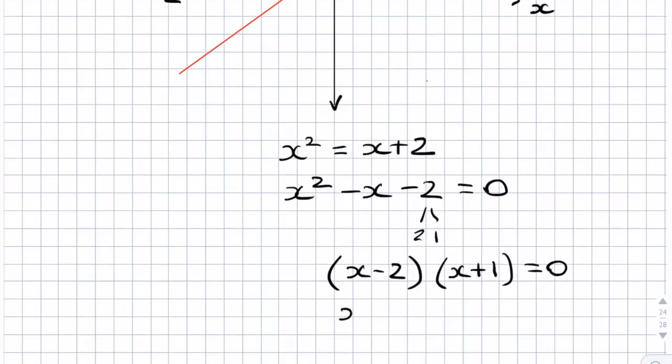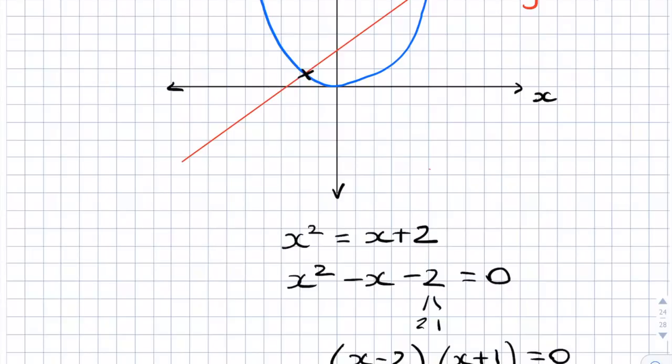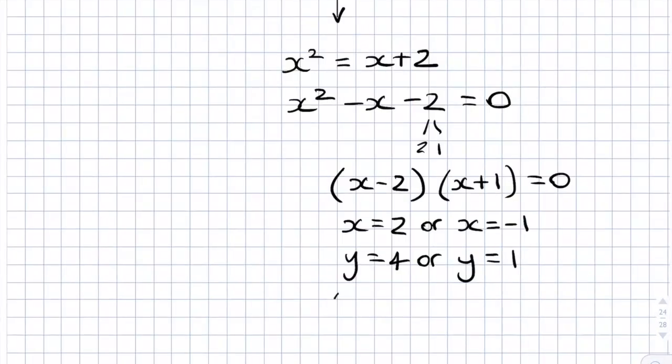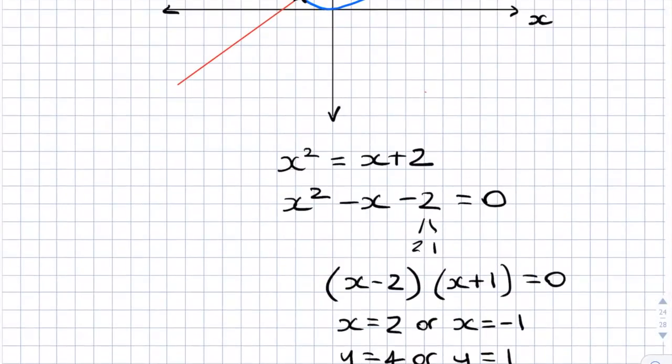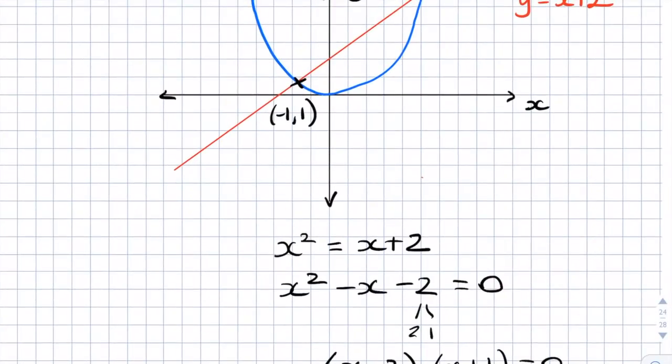So we're going to have x equals 2 or x equals minus 1 as our values for x. We can then work out our values for y by substituting these values into the equation y equals x squared. So we're going to get y equals 4 or y equals 1. So we've got coordinates (2, 4) and (minus 1, 1). So (minus 1, 1) is here, and (2, 4)